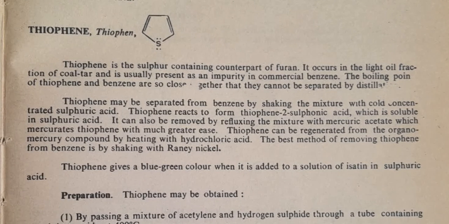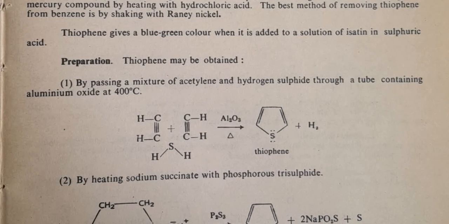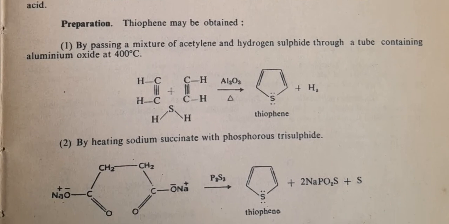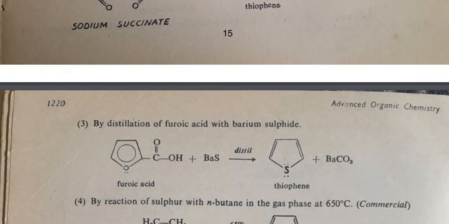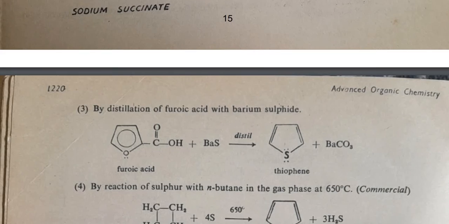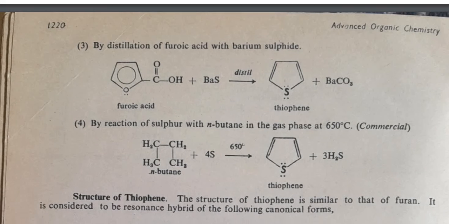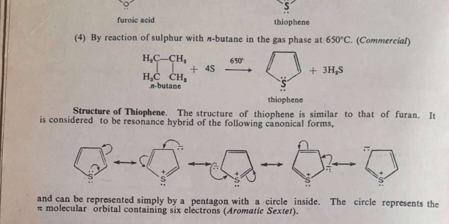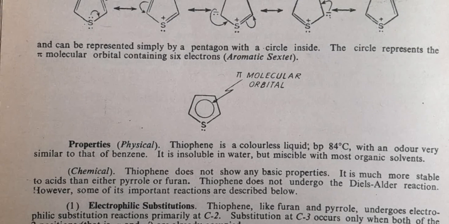See the thiophene. Now, preparation of thiophene: two molecules of acetylene react with H2S in the presence of aluminum oxide, and you will get thiophene. You can also synthesize thiophene from sodium succinate. It will also form from furoic acid. And n-butane undergoes reaction with sulfur at 650 degrees Celsius, and you will get thiophene. Now you can see the structure of thiophene, resonating structures and molecular orbital